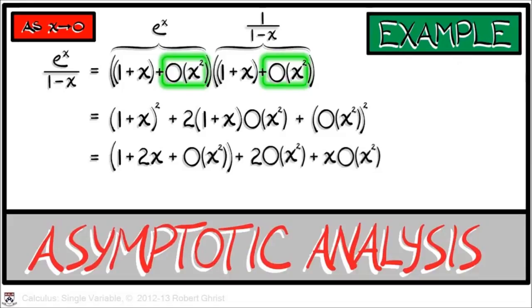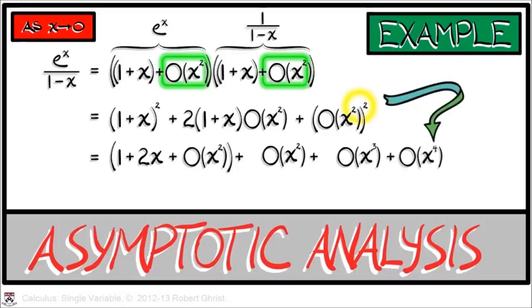Next, we have 2 times 1 plus x times big O of x squared. Multiplying that out to 2 times big O of x squared plus x times big O of x squared gives us what? Well, we don't care about constants with big O, so forget about that. And x times big O of x squared is big O of x cubed. Lastly, big O of x squared, squared is big O of x to the fourth. Now, as x goes to 0, those higher order terms all fall under big O of x squared,